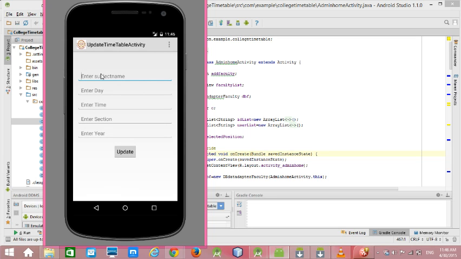I'm going to update. If you want to update Java to C++ or something like DLD, write here and enter the day.